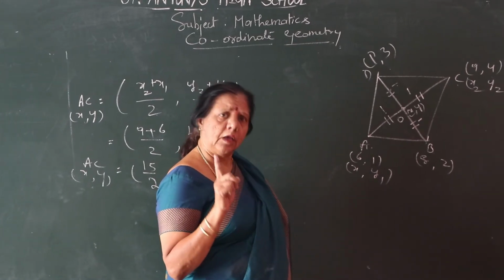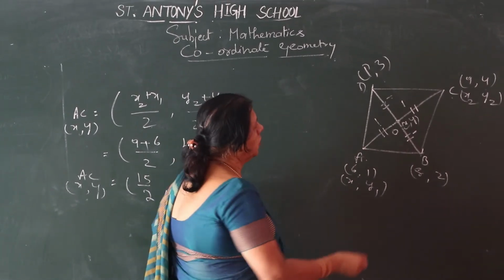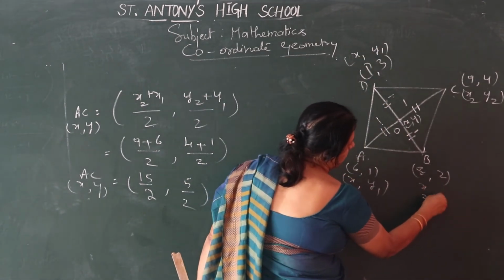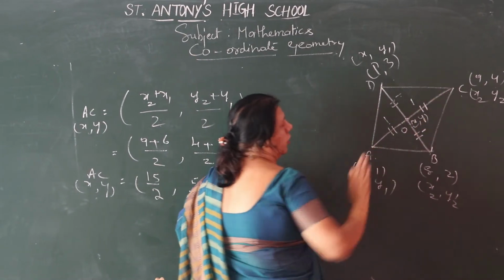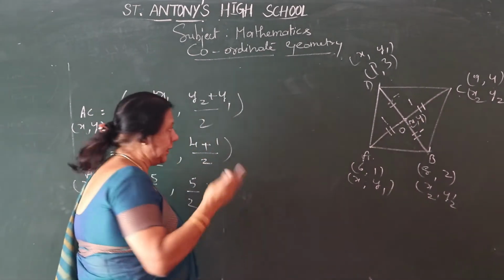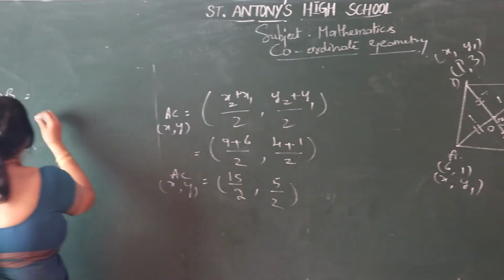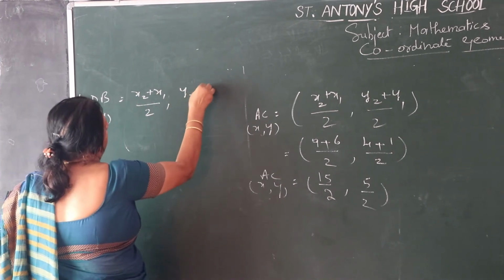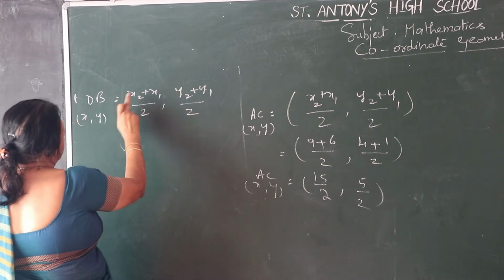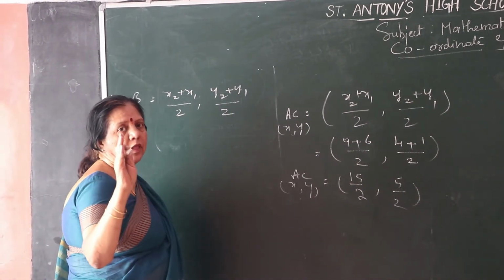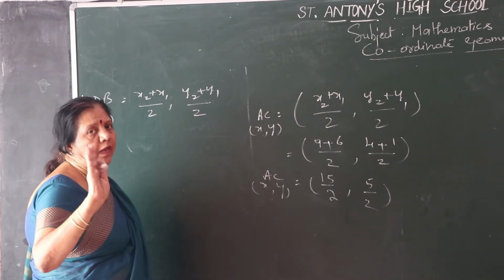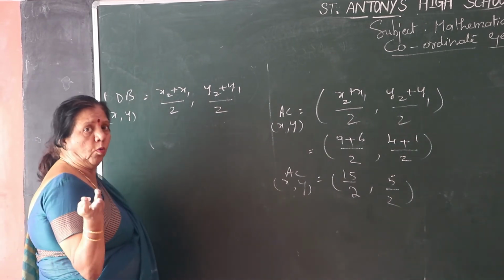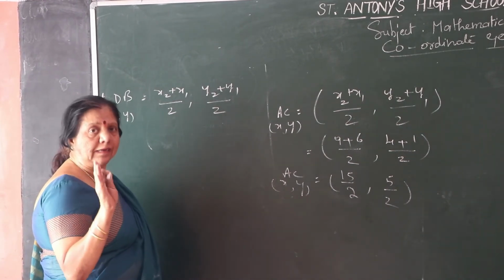If you take x, you are getting... I will teach you. Okay. So here in this one, x1, y1. This is what, children? x2, y2. This is easy. You found. This is also very easy. The same formula you find out. What is the formula? x2 plus x1 by 2, y2 plus y1 by 2. Because m1 and m2 we have not taken, because the ratio is 1:1. That is why I have not taken. By m1 plus m2, 1 plus 1, 2. I have not written those letters. That's all.